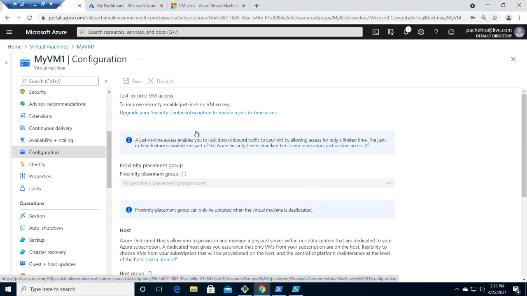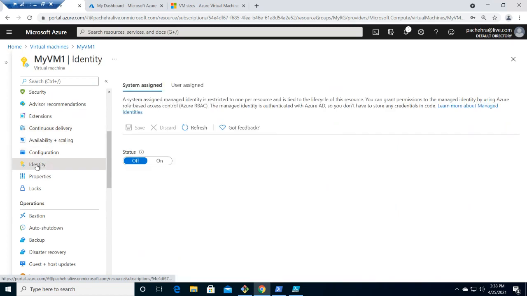Under configuration, this is a little advanced because it is showing you the just-in-time. Just one minute, I will just go back to that managed identity. I think that is very much relatable to developers. Let's go to that. Yeah. So guys, this is a relatively new service, but it is very, very relatable to you. You might be thinking, virtual machine, a lot of things are infrastructure oriented, but this one is really the core of the virtual machine on the cloud.